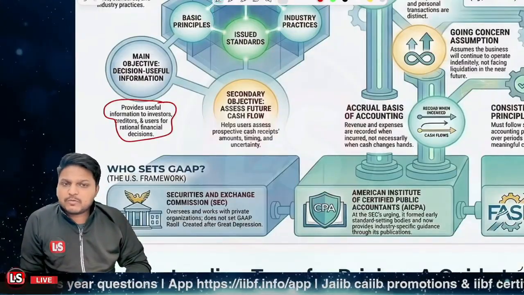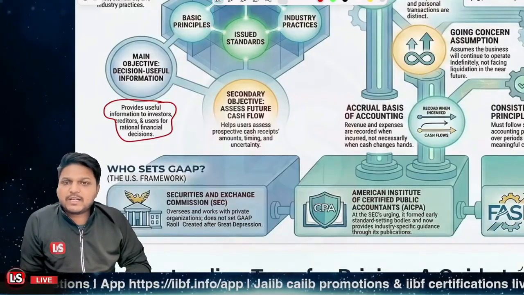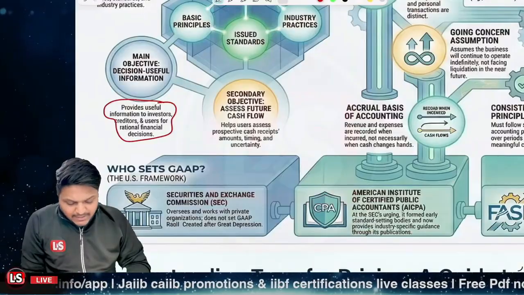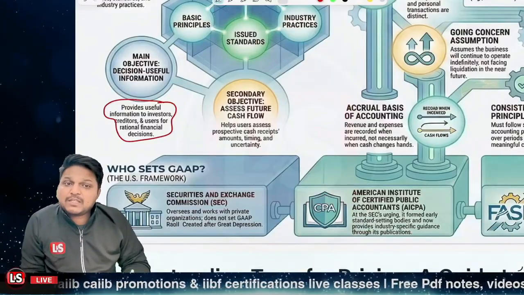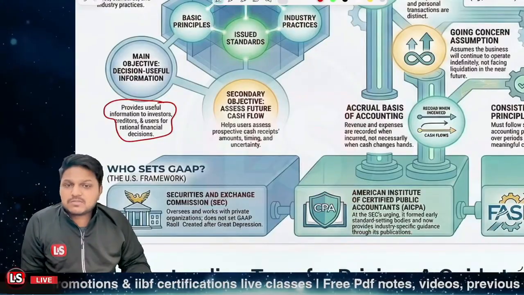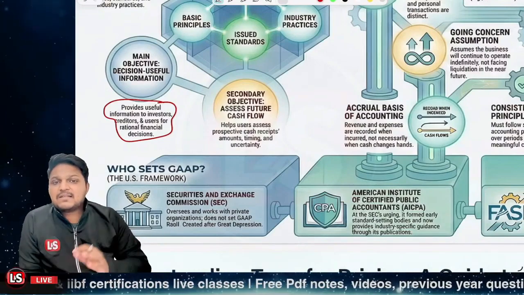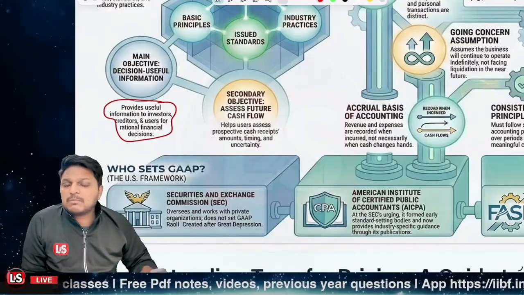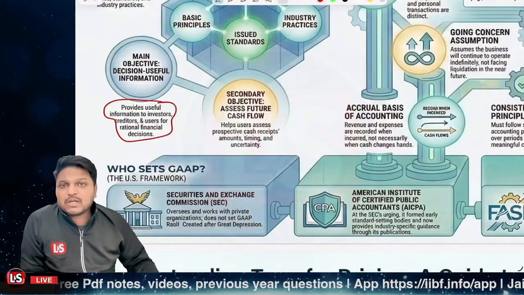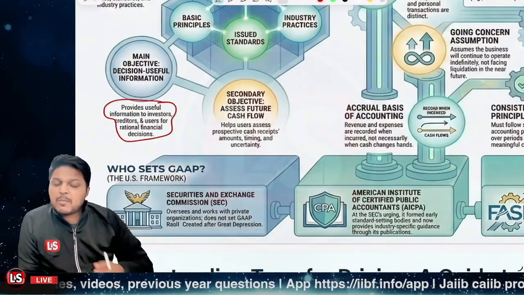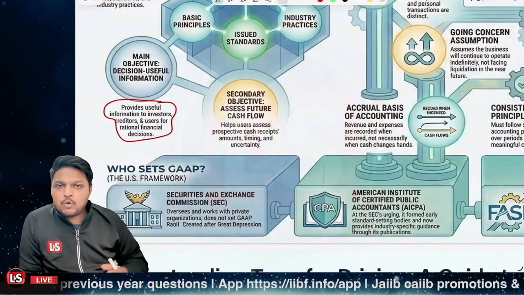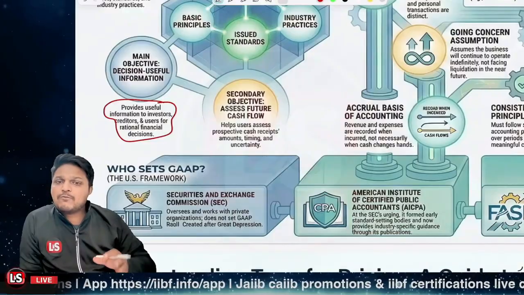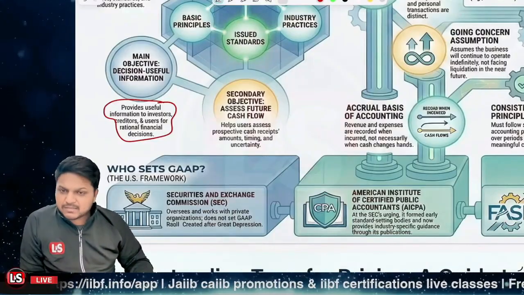Whatever information we provide related to investment, credit, or financial decisions must be logical and rational, and it must help users or potential investors assess the company and form perspectives about it. They can look at what amount is being received, what amount is being paid, what the cash inflow is, and what the cash outflow is. They can look into whether the standards are being followed, right? So that's the case. Is that clear?